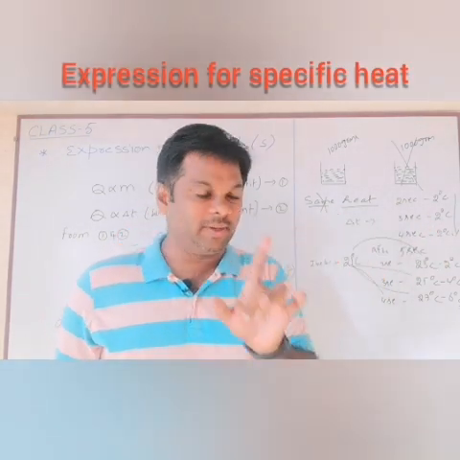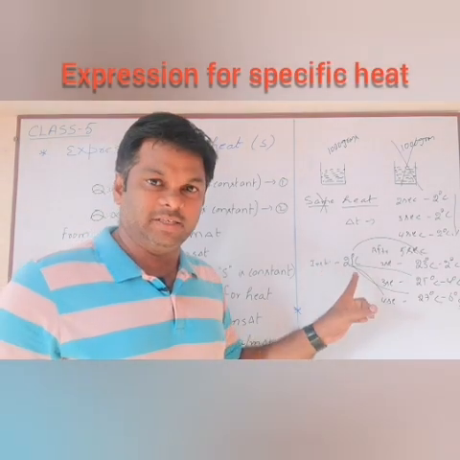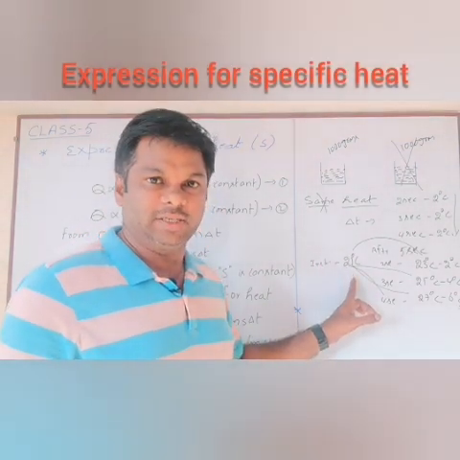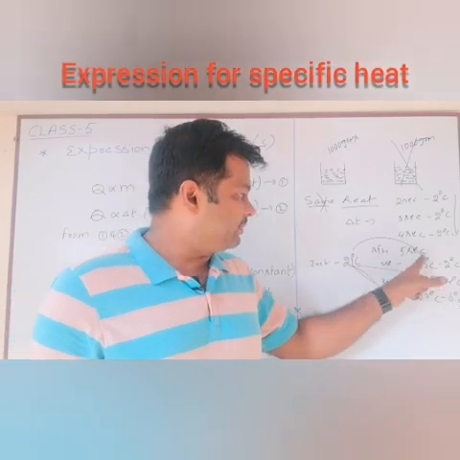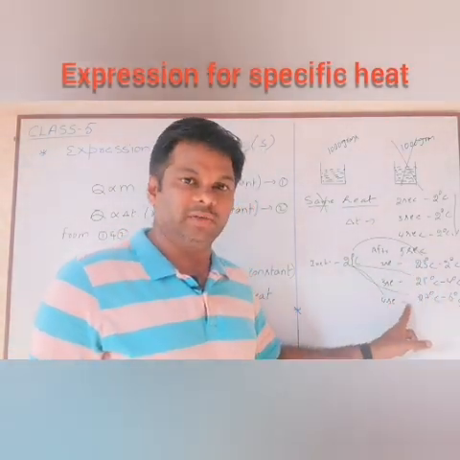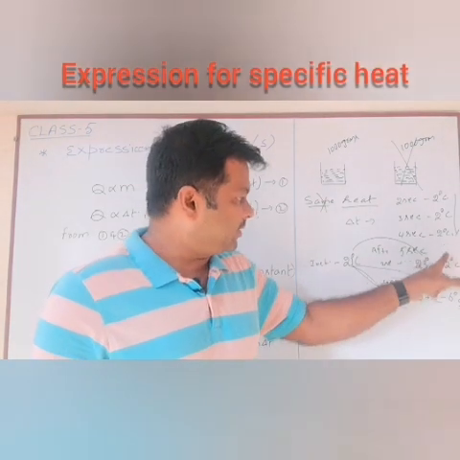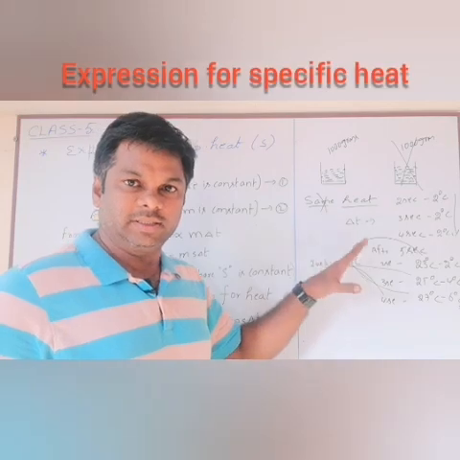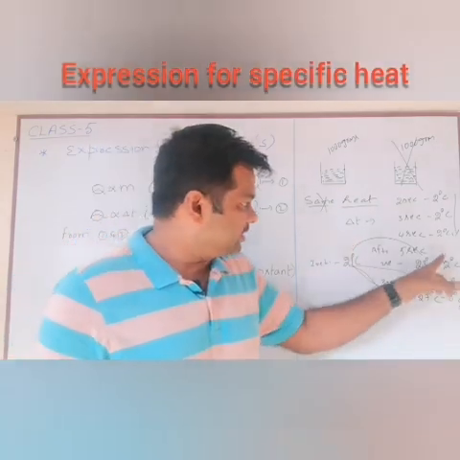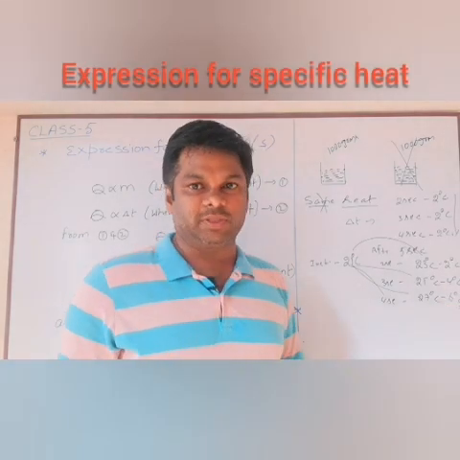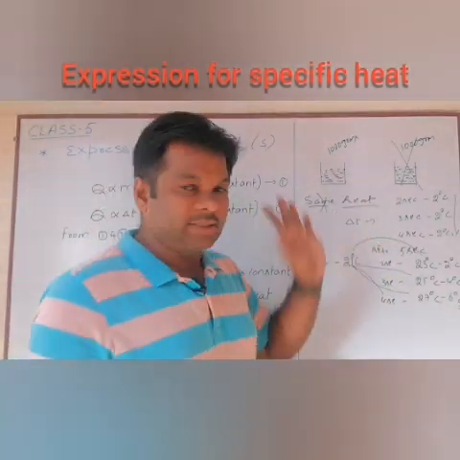Okay, please remember, when you are supplying heat energy, what will happen? Its initial temperature may be 21 degrees centigrade because it is at room temperature, and final temperature increases to 23 degrees centigrade, 25 degrees centigrade and 27 degrees centigrade. Then observe here, as you are supplying heat energy to the system, there is a rise in temperature, and it is directly proportional for constant mass.